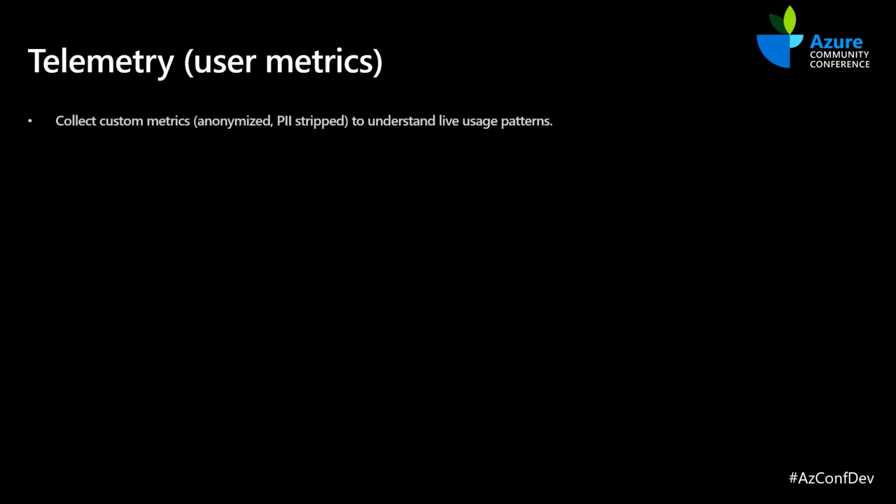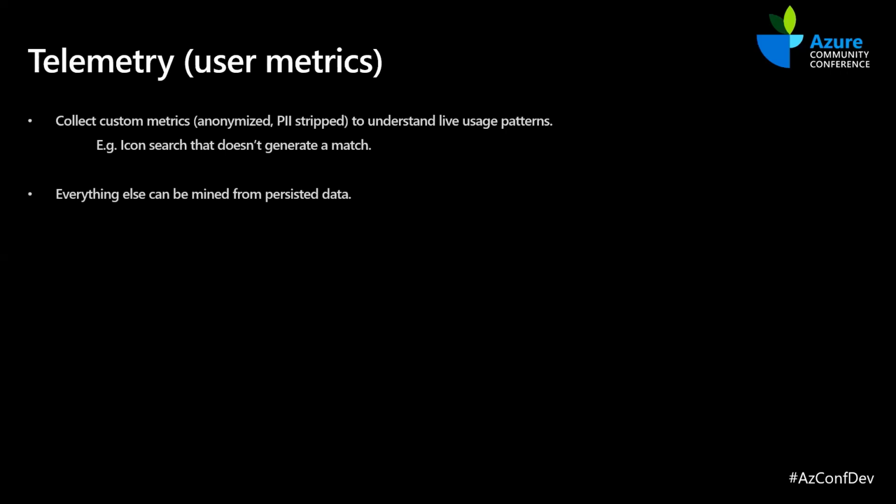As far as user metrics are concerned, we do collect a whole bunch of them, but we make sure that all the metrics are anonymized and all the PII information is stripped out. So one example that I talked about was the icon: when the user types in an icon name and that doesn't generate a match, we would like to know about it. So we get that as a custom event, but we don't specifically know which user generated that event. All we know is the icon name that didn't generate a match.